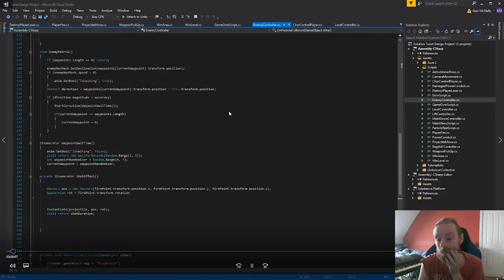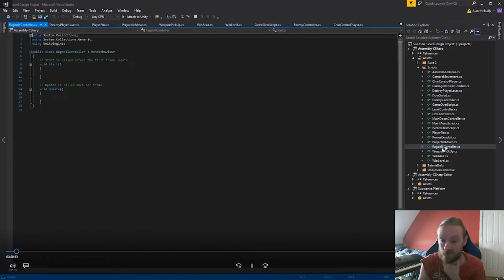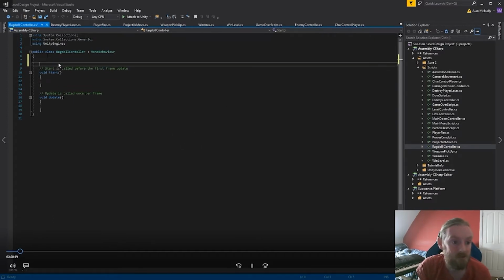So we are in the enemy controller script. I've done a new script called Ragdoll Controller. I've created it already. Cool, that's smart. And now we're gonna make it work. So we're gonna get a list of Vector3s, so a list of positions, basically. We're gonna call this